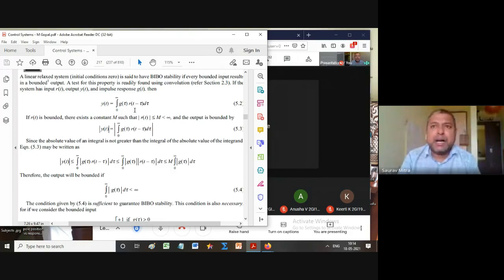Convolution is actually how the input is reacting with the system transfer function, and we know that the system output is equal to the convolution of the system input and the system transfer function, or the transfer function convolved with the input, same thing. So y(t) is equal to g(t) convolved with r(t), the input, or r(t) convolved with g(t); both produce the same result. Written in actual form, it comes like this: integral from 0 to infinity of g(tau) r(t minus tau) d tau.